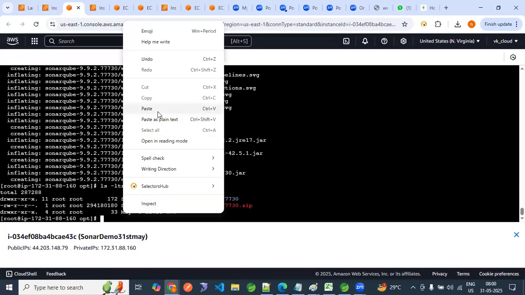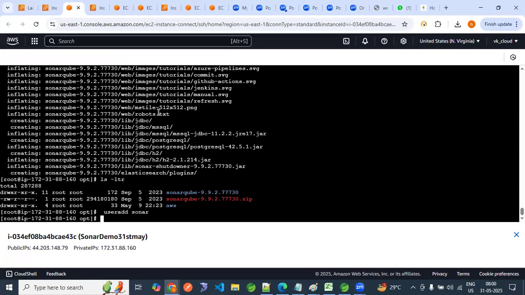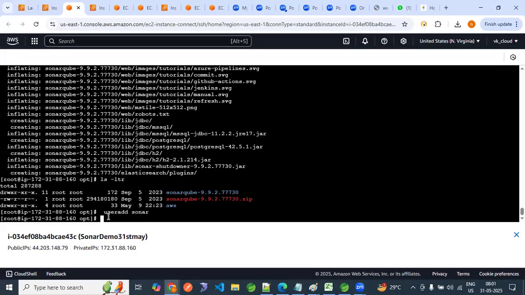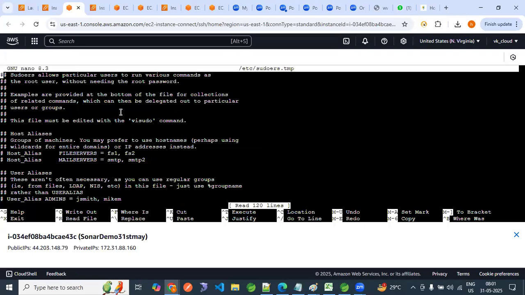Paste here. Sonar user added. Okay. User added. Now, what is our next command, guys? Vi sudo. Copy this. We need to edit. No password. Okay. So where we need to add, one second, come down,